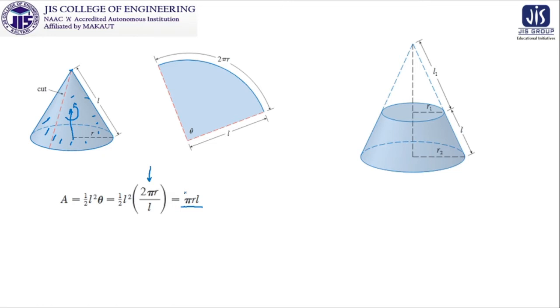Similarly, we are trying to find the area just shown in the blue color. This is a partial area of the cone, where the smaller circle has the radius r1 and the bigger circle has the radius r2. Clear? So how do we find this area? This area will also be 2 pi r L. What is L? L is this particular length. In the previous example, the whole length is L, but here, for this area, this length is L. That means in our target area, r is half of r1 plus r2, the average of the radius of the bigger circle and the smaller circle.